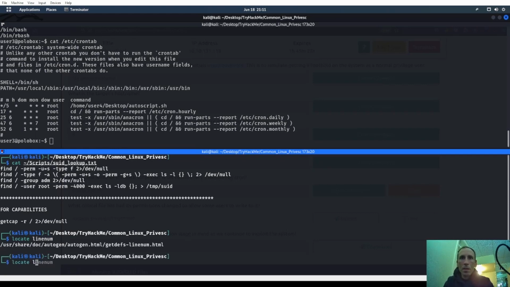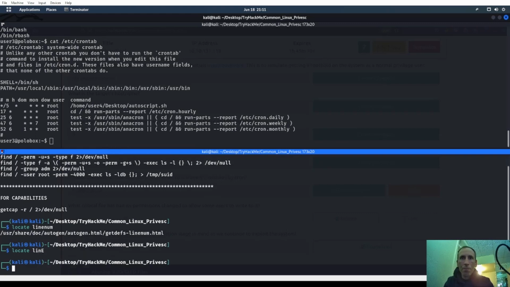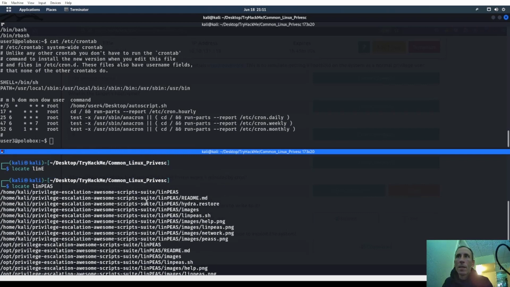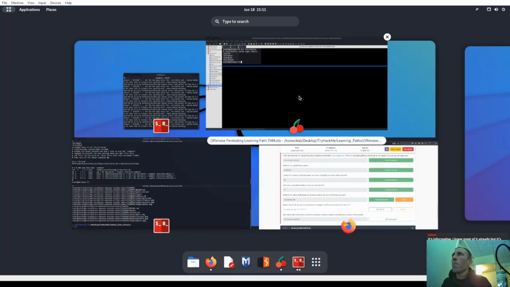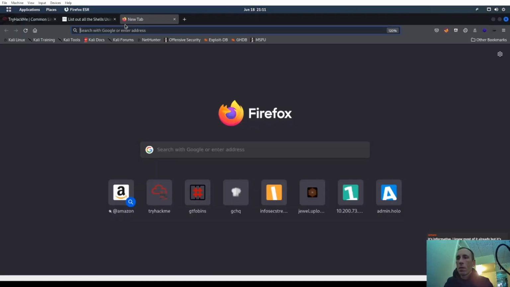Is it like? No. Do I even have... I don't think I even have lin-enum out here. I have linpeas. I got linpeas on here. Let's go ahead and download lin-enum. I wonder if I can just do a wget for it or if I have to install. Probably not, huh? Let's go ahead and do a lin-enum